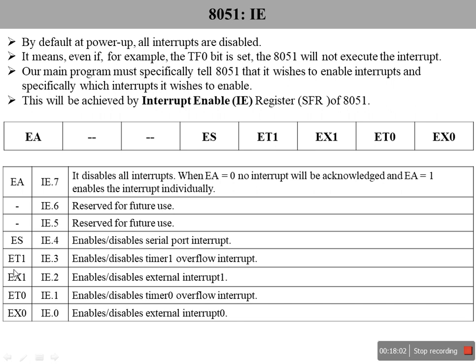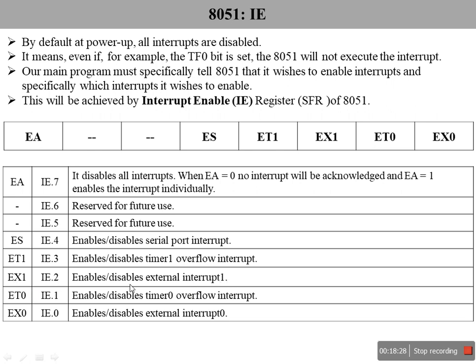Similarly, ET1 enables or disables the timer 1 overflow interrupt. Whenever timer 1 overflows, if we want its routine to be executed, this bit has to be made logic 1. Then the timer 1 overflow will be recognized.